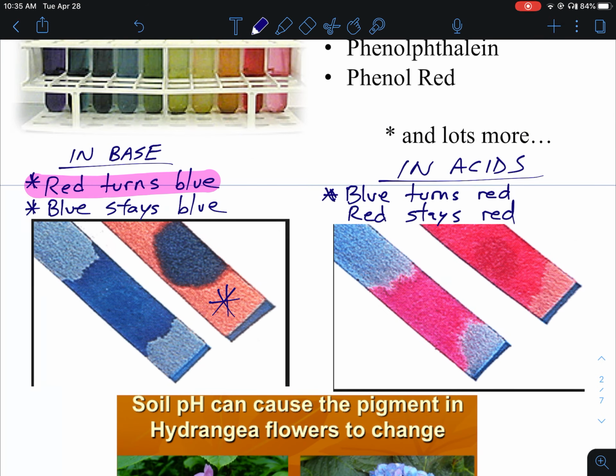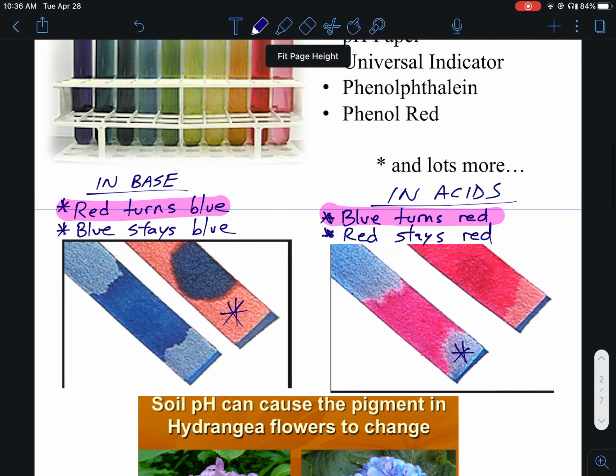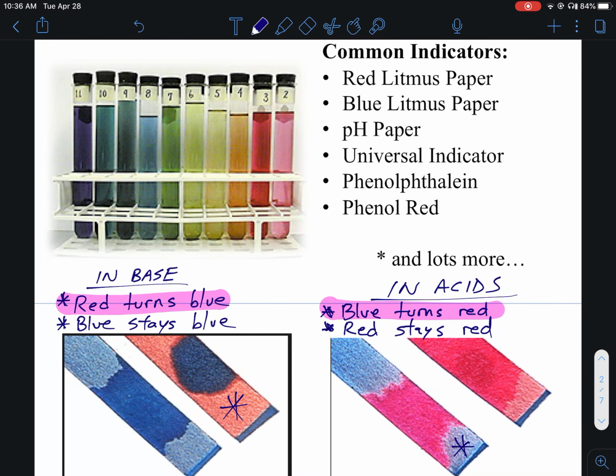So just like before, one of them is not super useful. The one that is useful here is obviously the one that changes color. Okay, so red and blue litmus paper, although useful, are not overall the best type of paper,